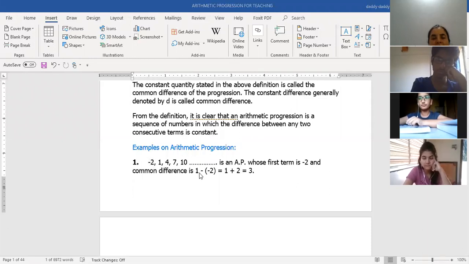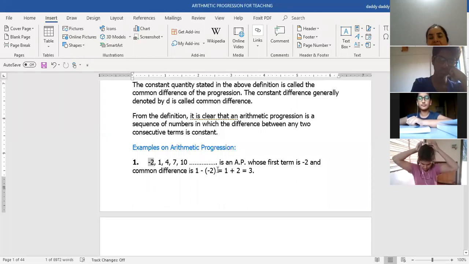Now what I will do is subtract this first term from the second term. My second term is 1. So 1, sign of subtraction, and then the first term. So basically what I'm doing is second term minus first term. And because there are two minuses over here, it will finally become a plus, and you will get 3 as your common difference. Are you getting why you are getting a plus 3 as your common difference? Because your first term is a negative term. So because of two minus signs, it finally becomes a positive sign. So all rules of integers, signs, everything is followed over here also. So this is the difference.